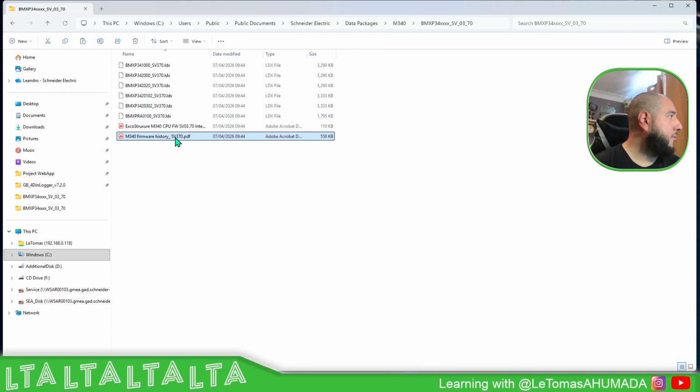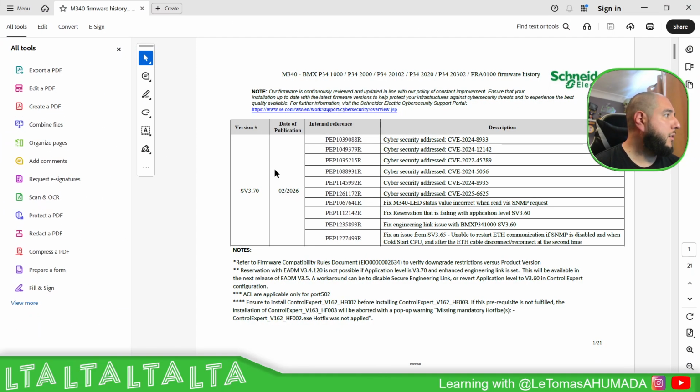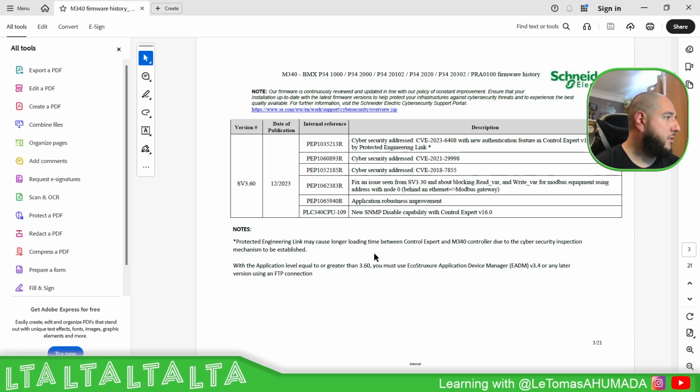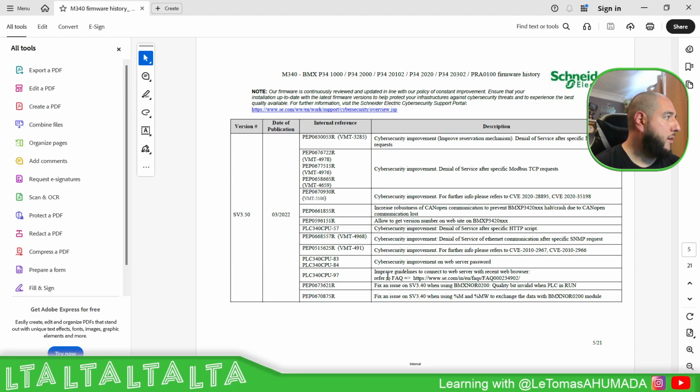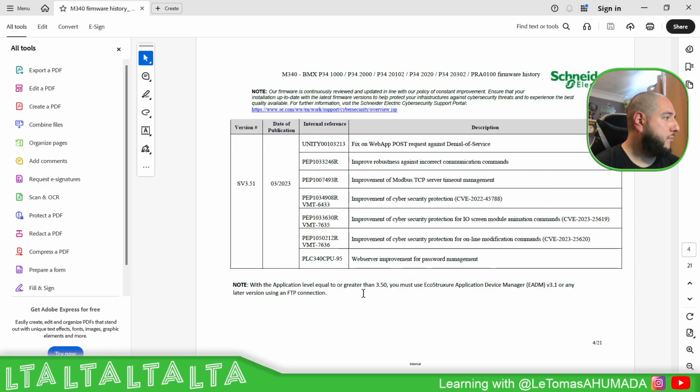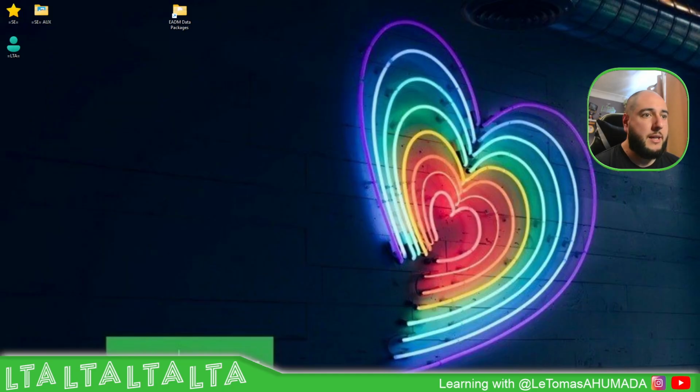Okay, and I believe that is also explained in the files. So if you go to the history of the M340, here you can see in some place that you just need to use EcoStruxure Device Maintenance 3.5. Yeah, you must use Automation Device Maintenance, and then it tells you which is the version. So let's just open the